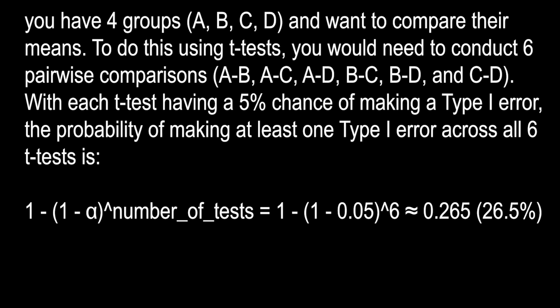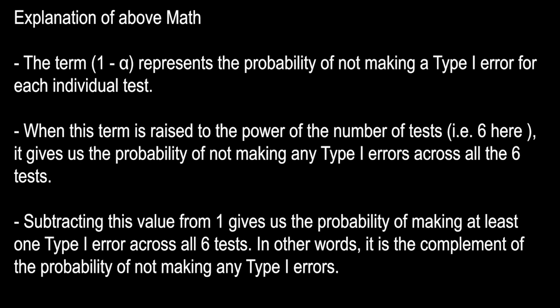So with each t-test having a 5% chance of making a type 1 error, the probability of making at least one type 1 error across all the 6 tests is given by 1 minus alpha raised to the power the number of tests, which will give you 0.265 or 26.5%. Now, just to explain these mathematics here, it's a simple probability calculation because the term 1 minus alpha represents